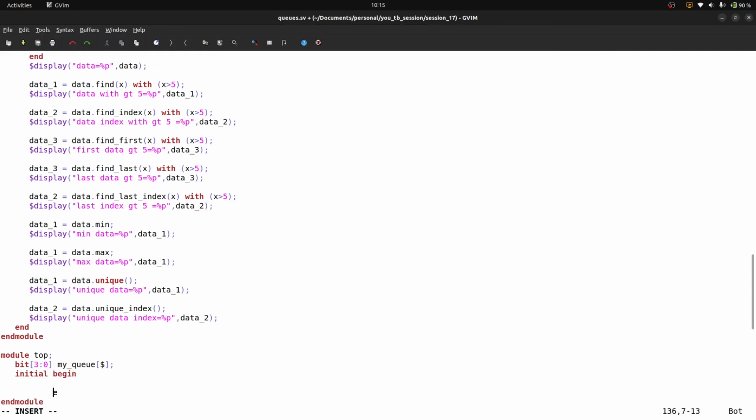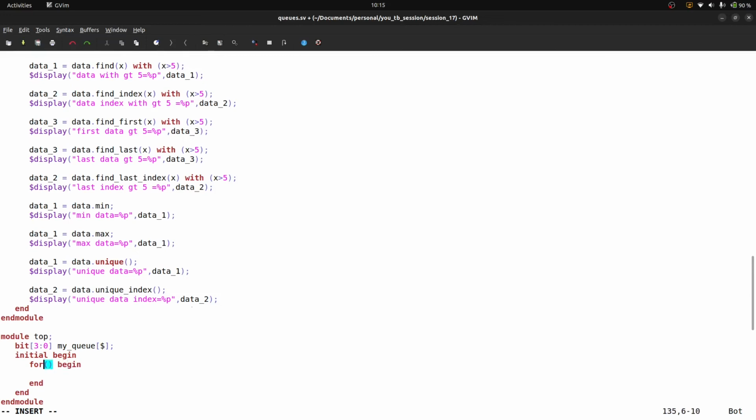Initial begin end, for begin end, int i is equal to 0, i is less than 10, i plus plus. Inside that, my queue of i is equal to i plus 1, right?